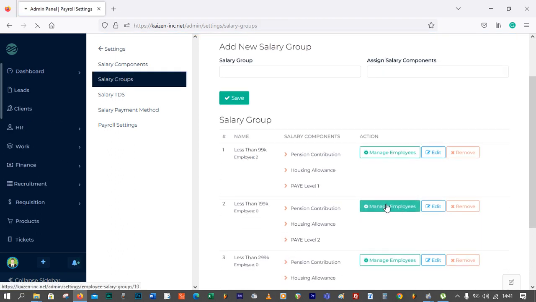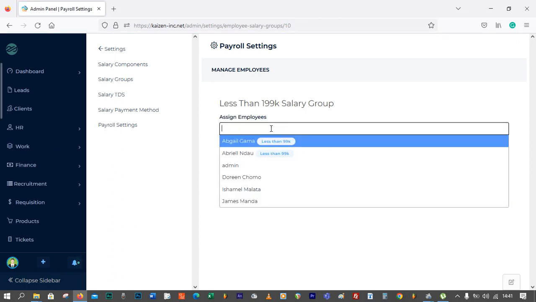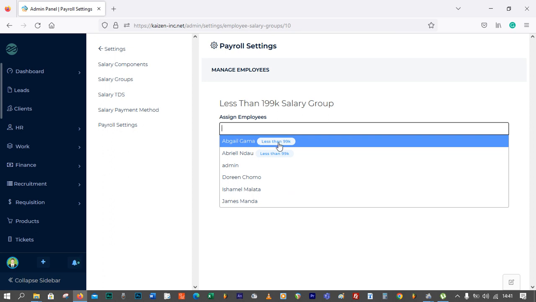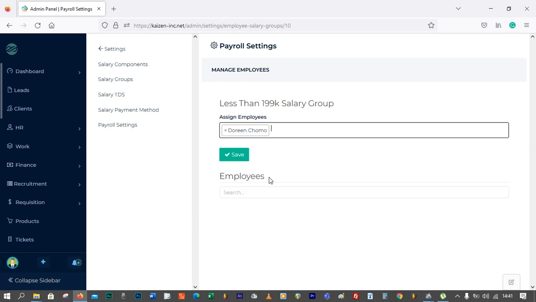level 2, manage employees, it's now automatically going to start showing you that you cannot select this one because they are already assigned to this group where they receive less than 99k. So what you need to do is just select the other one. Let's do that,